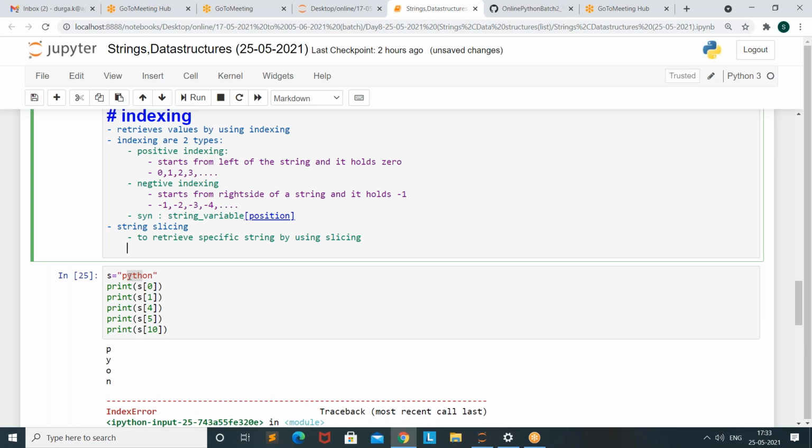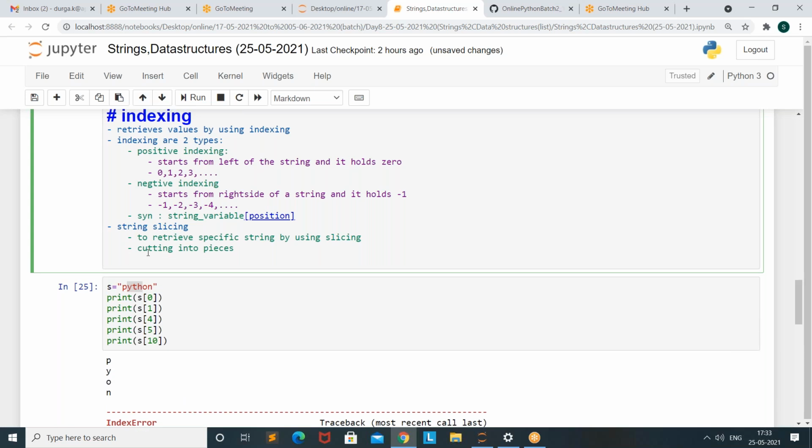So I want only "YTH", then it cuts that YTH from this string. The syntax for slicing is,